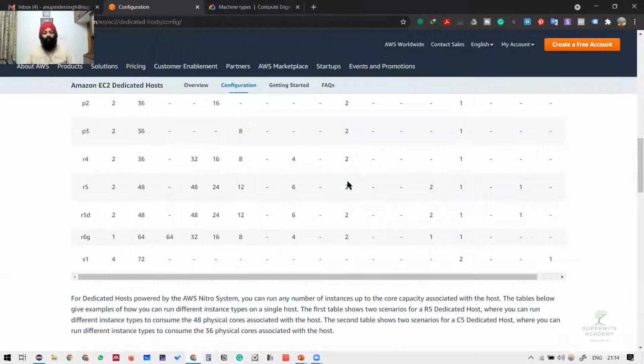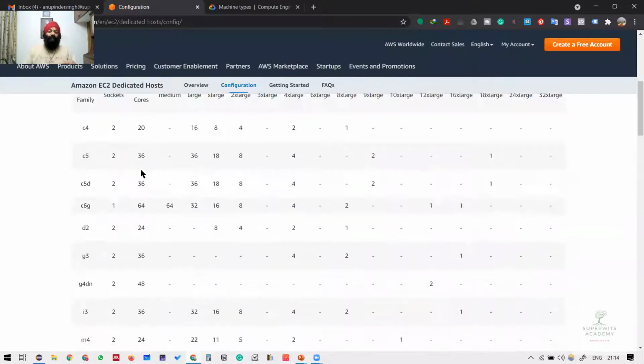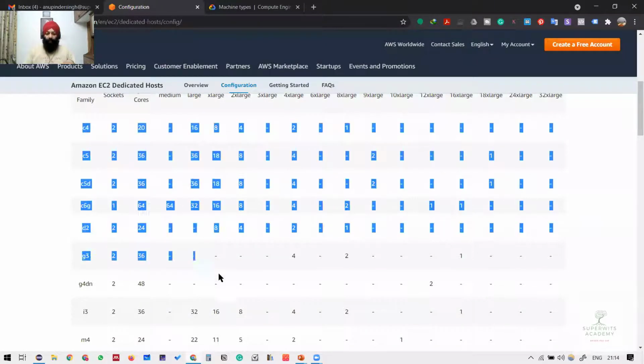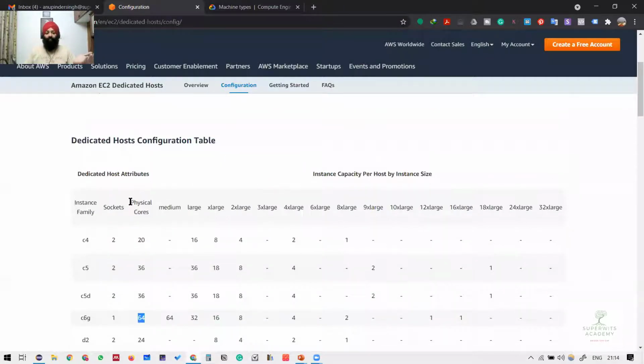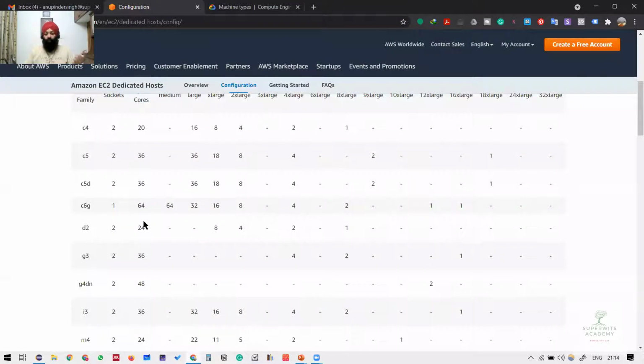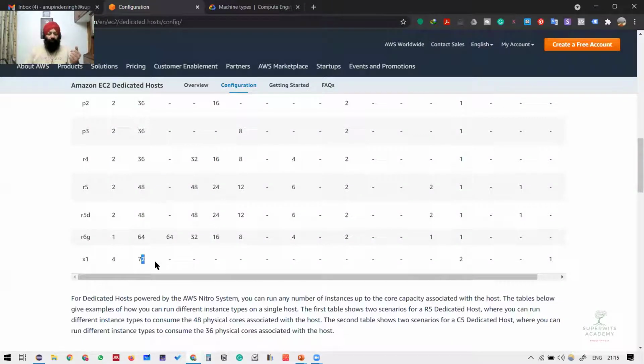But anyway, the point I want to make here is that these real-life cloud service providers have their own set of configurations, and they are heterogeneous. They are not homogeneous, right? So C4 has 20 cores, whereas if you look at C6G, they have 64 cores available to that particular system, and they are talking about physical cores. They are not virtual cores. They are physical cores, right? And similarly, I think 64 is the one. No, 72 is another system which they have. This is 72 cores with the X1 instance.